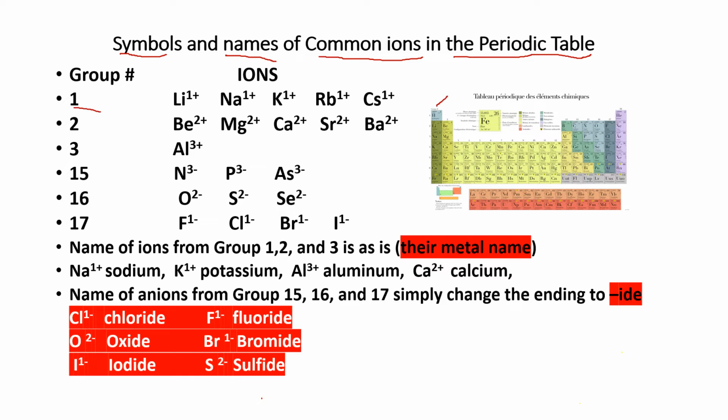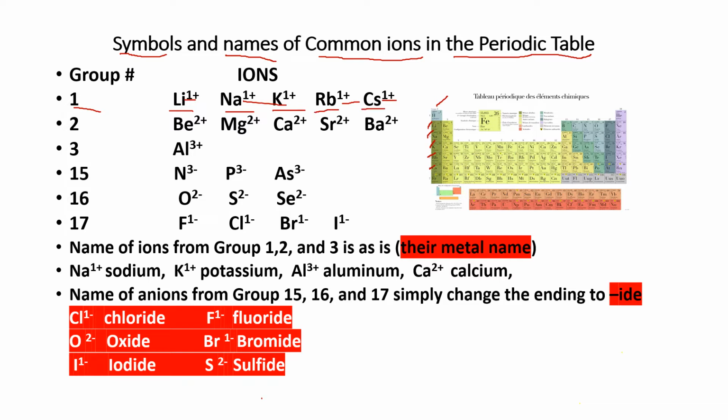The symbols of group 1 elements are all in here and also the name. And all of these have one positive charge. So just look at the periodic table and you have the correct symbol and the correct name